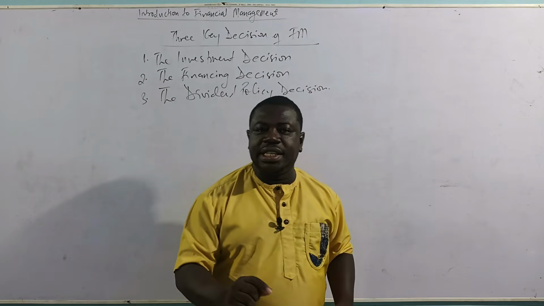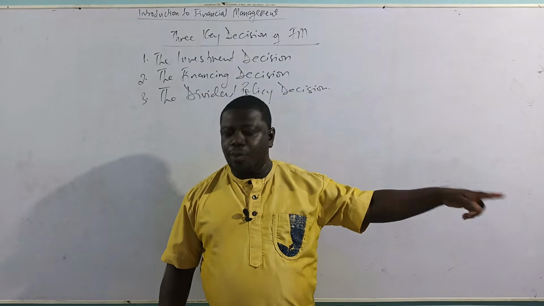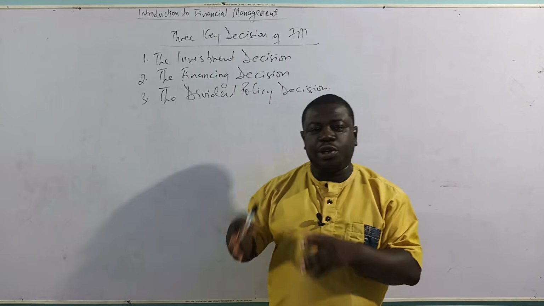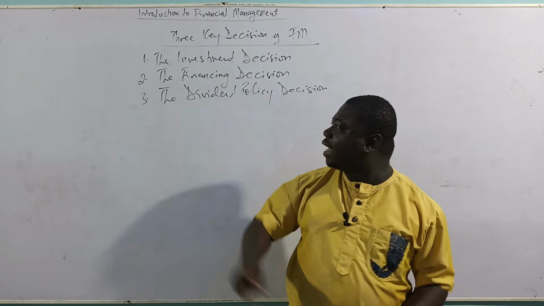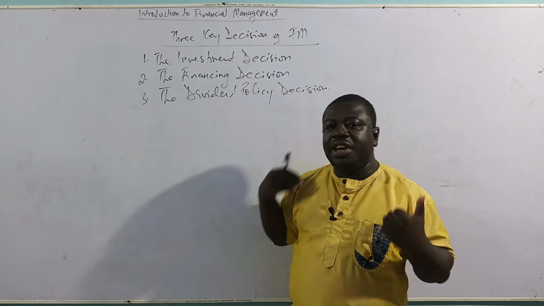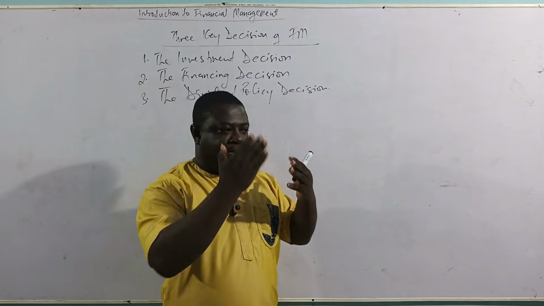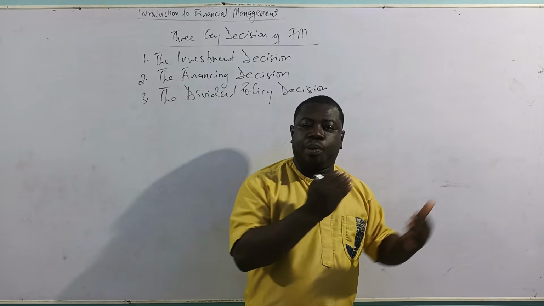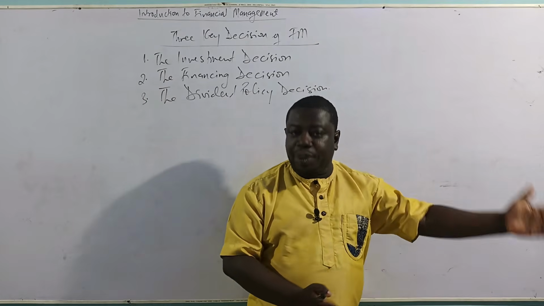But the financing decision becomes, where do I get the money to buy the bus? Which sources of money, or which sources of finance, should I consider in order to buy the bus? That is the financing decision. And then dividend policy is that after the bus has given me a return, what portion of the returns do I pay the shareholders? And what portion should I retain? And what criteria should I even use to pay the shareholders?